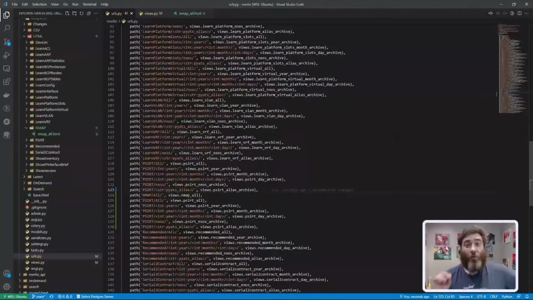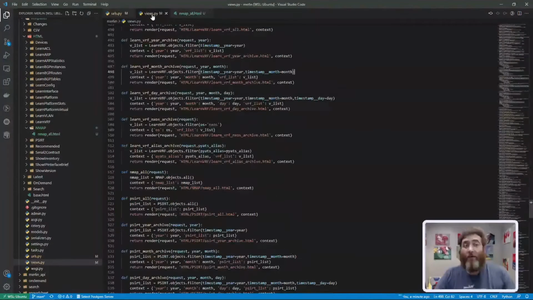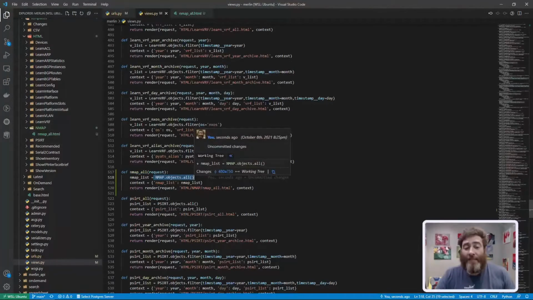Wonderful. To wrap things up, let's take a look at views. Now in my article, I talk about three different components having a relationship. The URLs, which is what we're looking at, which is a path, and the URL we want our user to visit. In this case, let's make a view for all records in this table. So we call views nmap all. In our views file, we make and define a function here that is going to query the database and get all objects back, and then